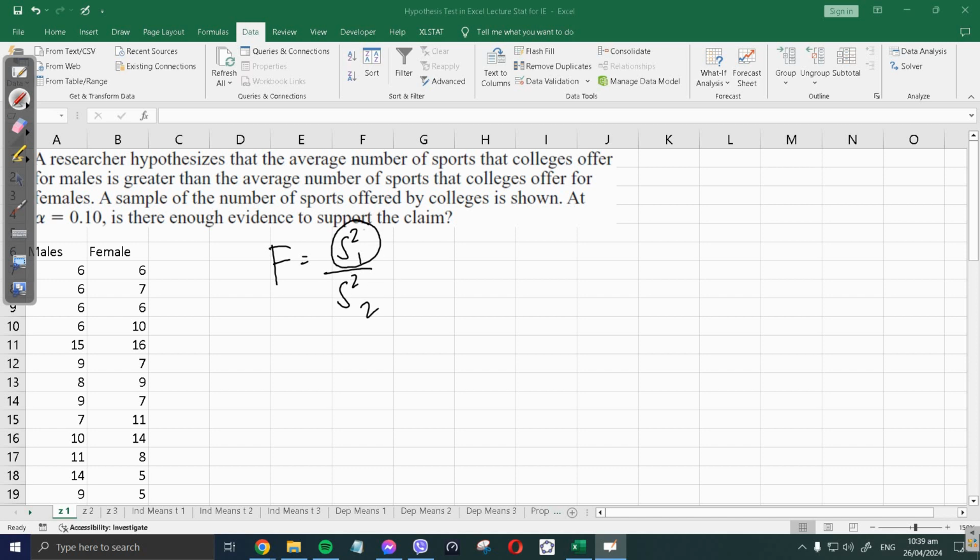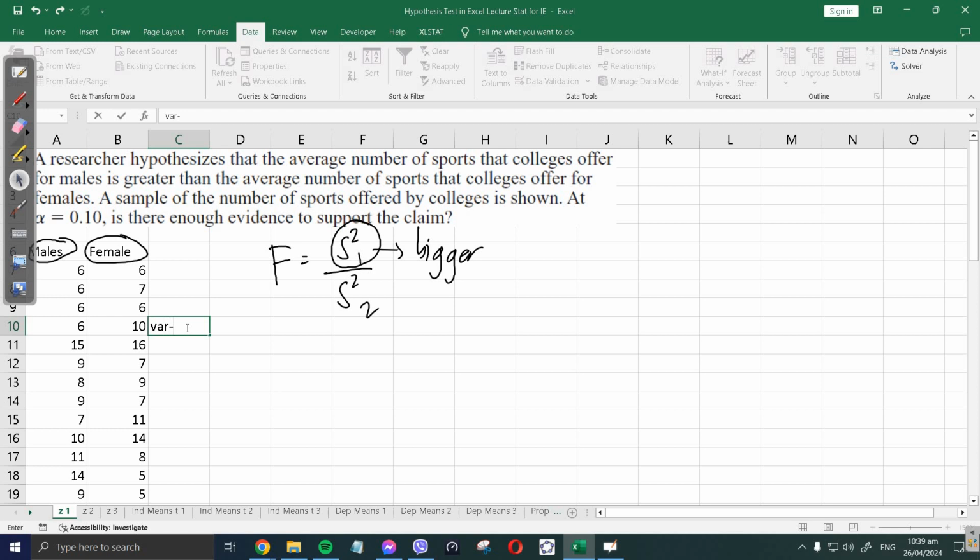It is required that S squared sub 1 is the bigger variance out of the two groups. With that in mind, we need to check which variance is actually bigger. So, for us to avoid doing it by hand, remember that Excel is a spreadsheet, so we can use its formulas to compute it easily for us. So the formula to determine whether the variance of the male or the variance of the female is bigger, we